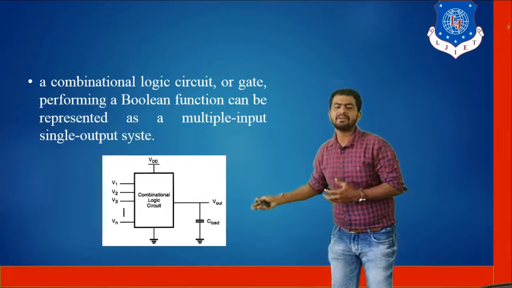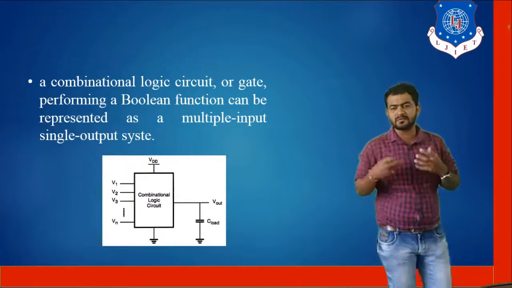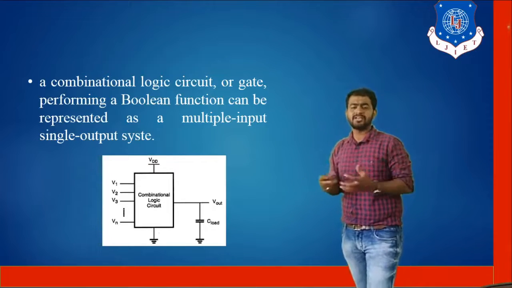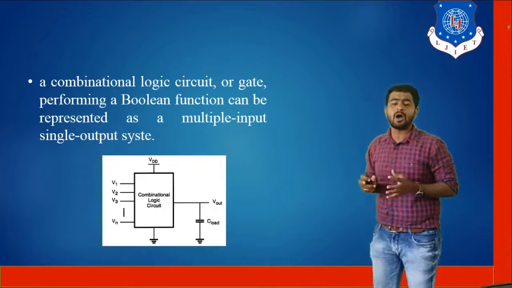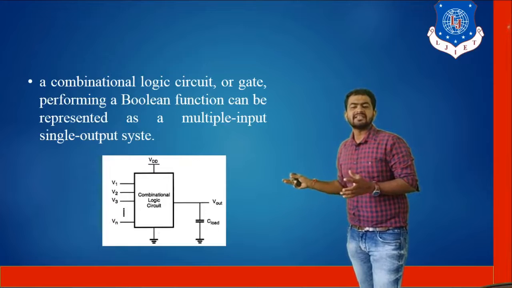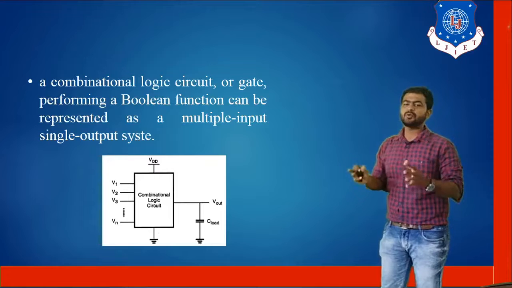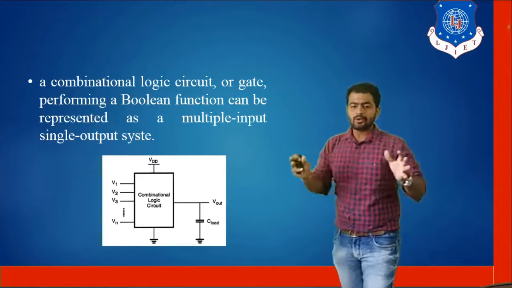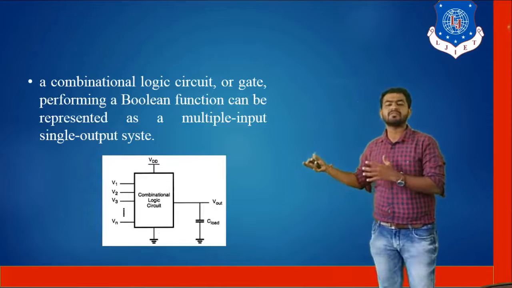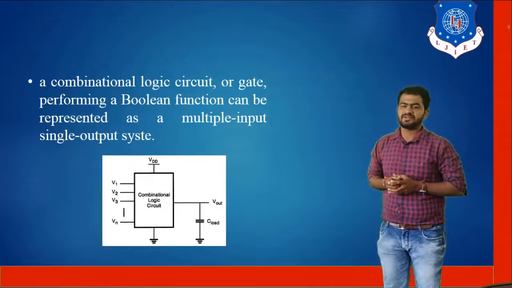The combinational circuit has different types of gates: you can perform an AND gate, a NAND gate, a NOR gate, an OR gate, and you can even work with the multiplexer, encoder, and decoder. There are a number of types of gates that we have and can perform, right? With the help of the combinational circuit, we apply different types of input, and we can see different types of output variation on the output side. I hope you are getting the idea of what the combinational circuit is and how we can apply multiple inputs in the combinational part and convert them to output.